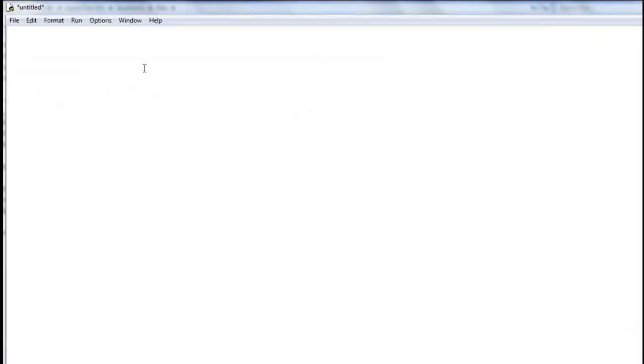Then our program. First we will see how to use the read function. To read a file, first we have to open the file. f equal to open, call the function open, then give the file name within quotes. What is the name of my file? My file dot txt. Okay, then comma, file mode. File mode is r. For reading it is r.